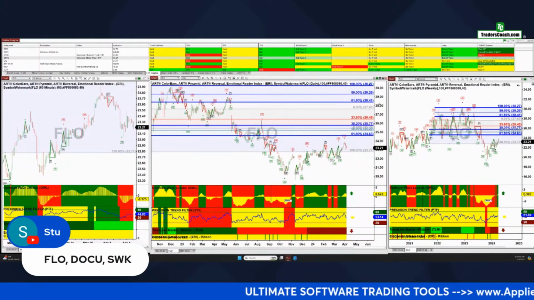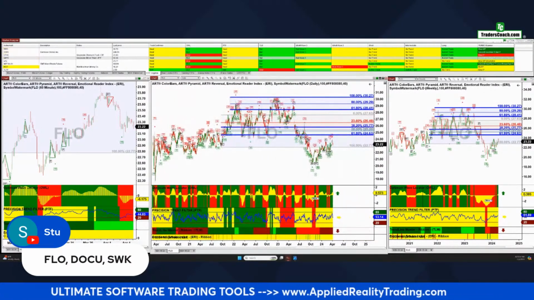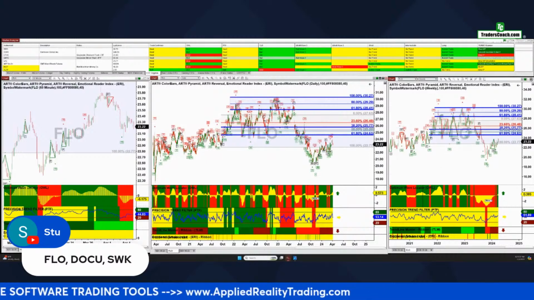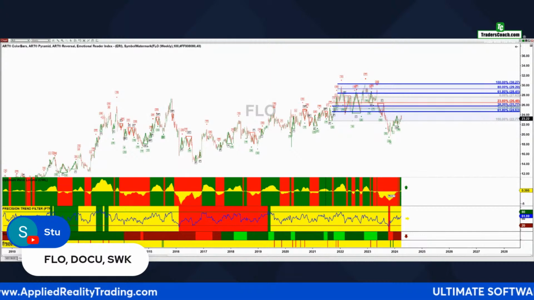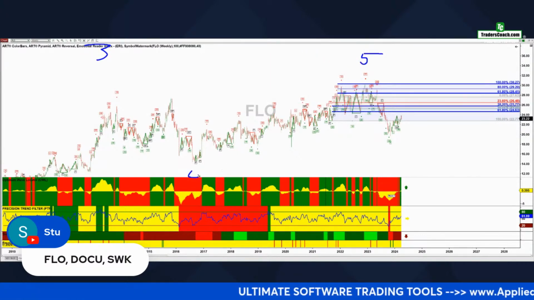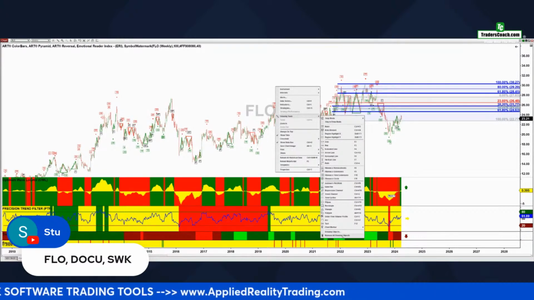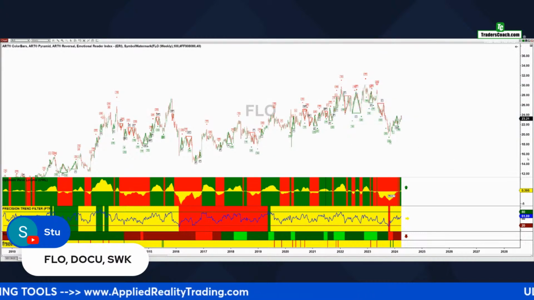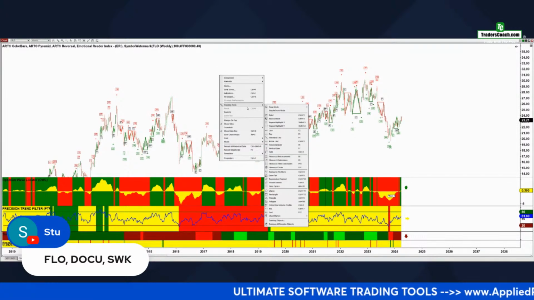All right, so on flow here, we looked at it before. It did not stop here, instead kept going down. So let's see what that means. That kind of means that this is probably a major 5, 3, 4, and so now we're heading down. So on this chart here, let's erase some of these drawings from previous times. On this chart here, it looks like we're having a move to the upside. So I do want to redraw these.